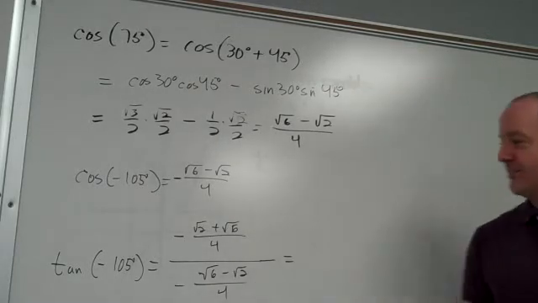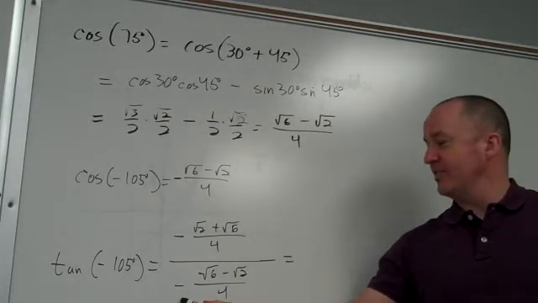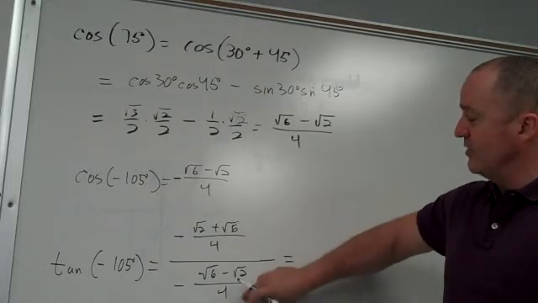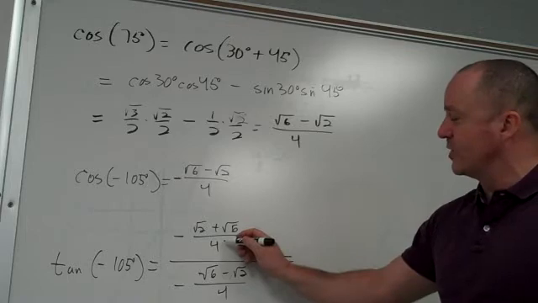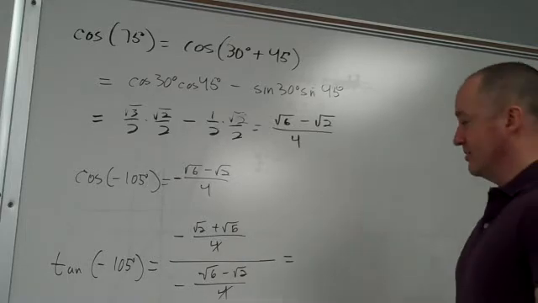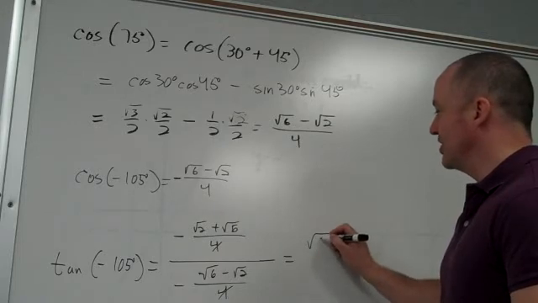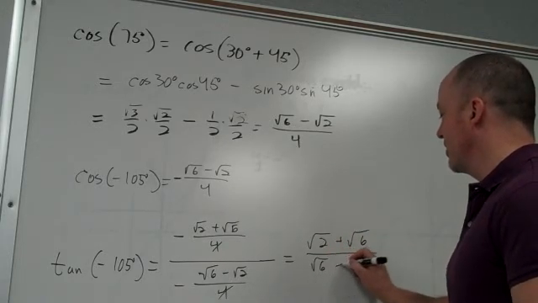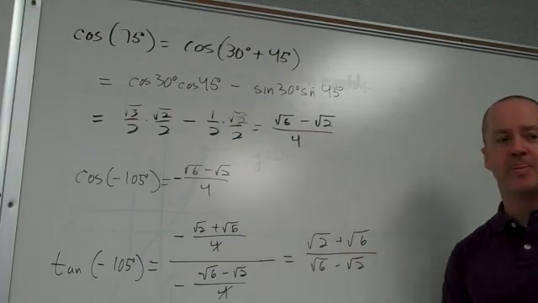Now, okay, a negative divided by a negative is a positive. And do you guys remember how I said if you have division of the same thing, top and bottom of a fraction, you can cross it out just like multiplication? Yes. Okay. So this is the square root of 2 plus the square root of 6 divided by the square root of 6 minus the square root of 2. But then don't you have to get